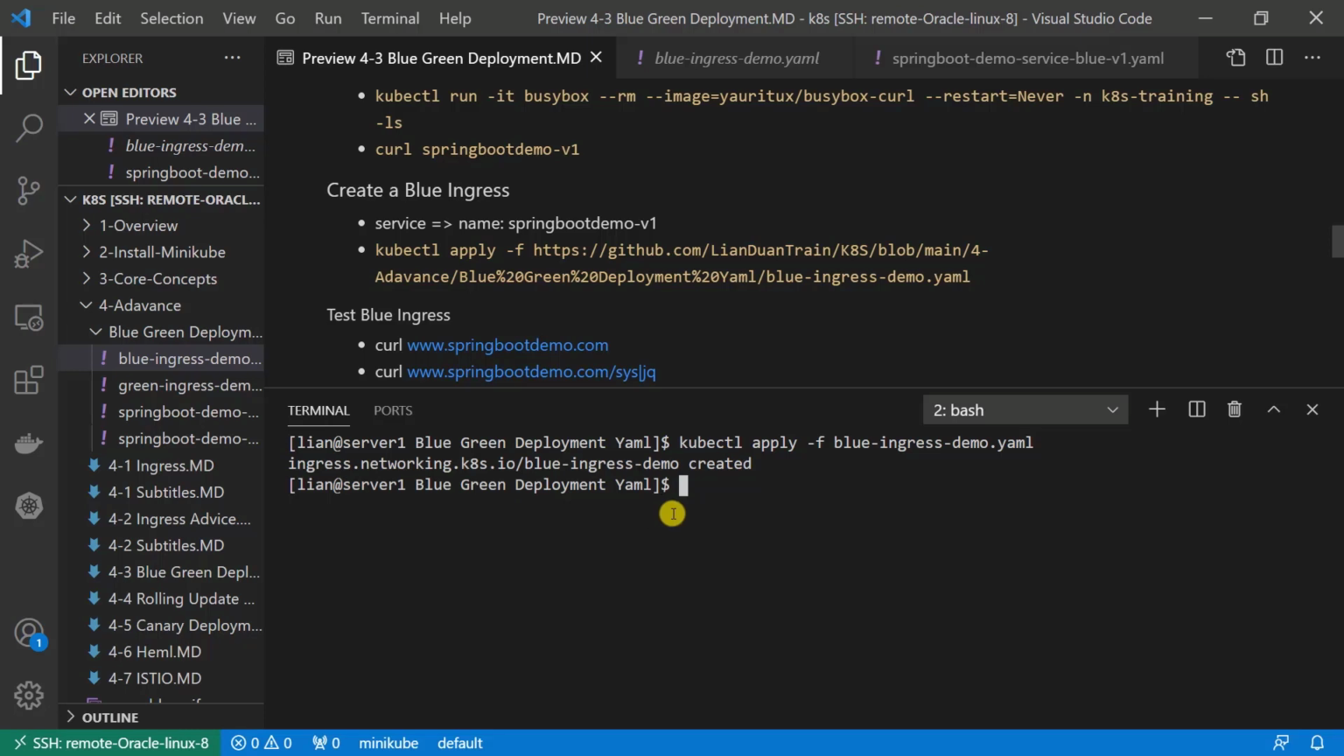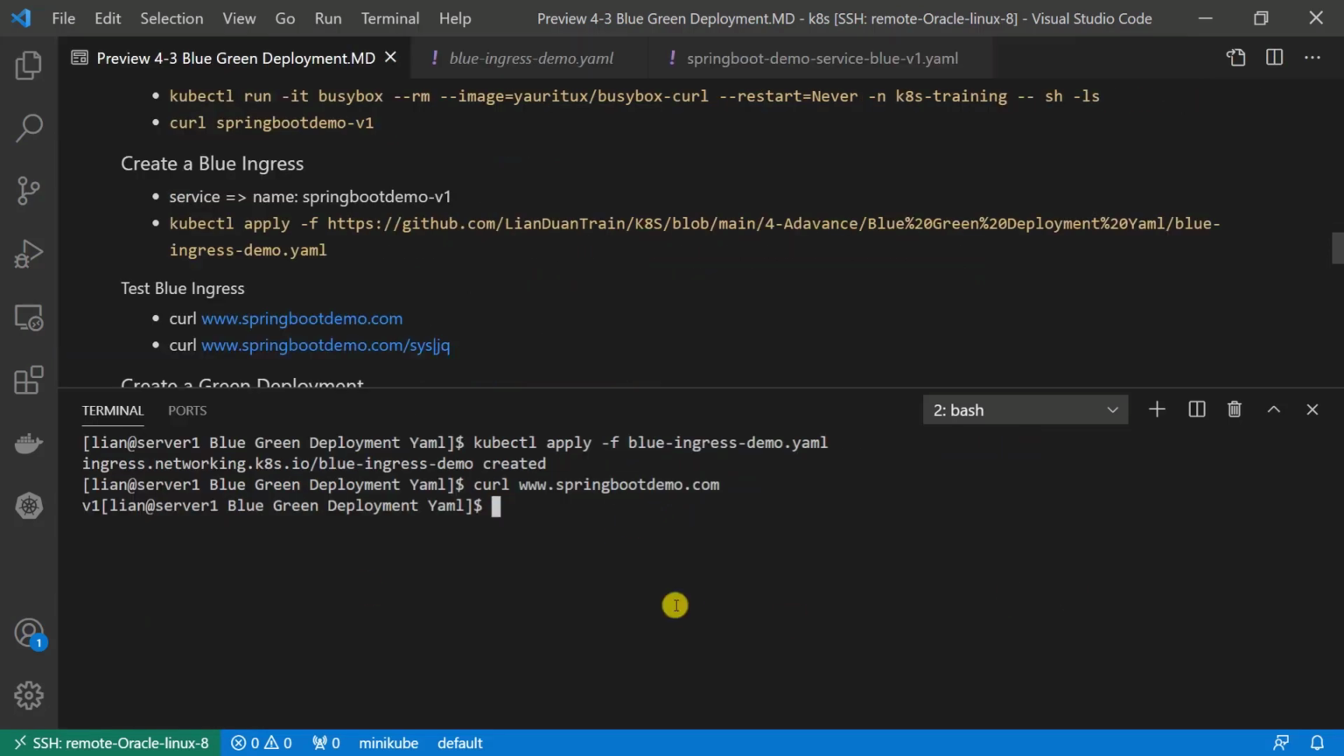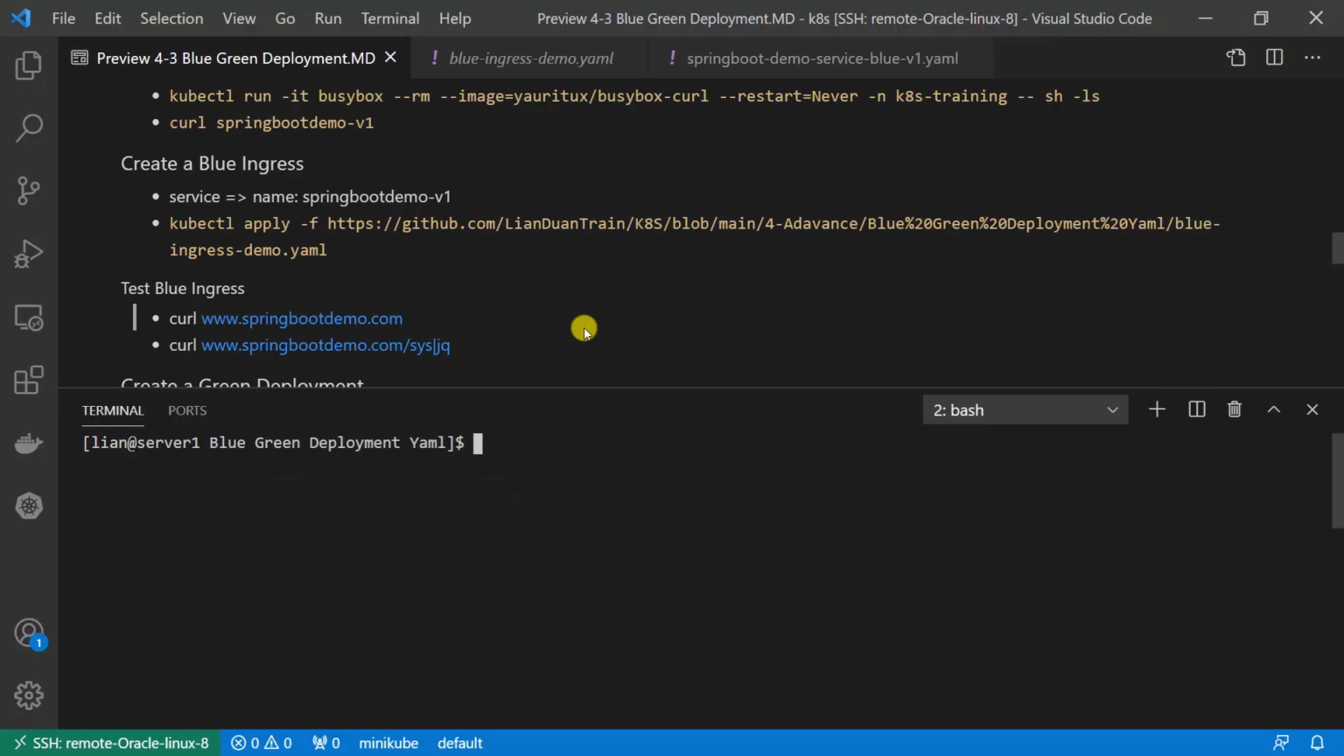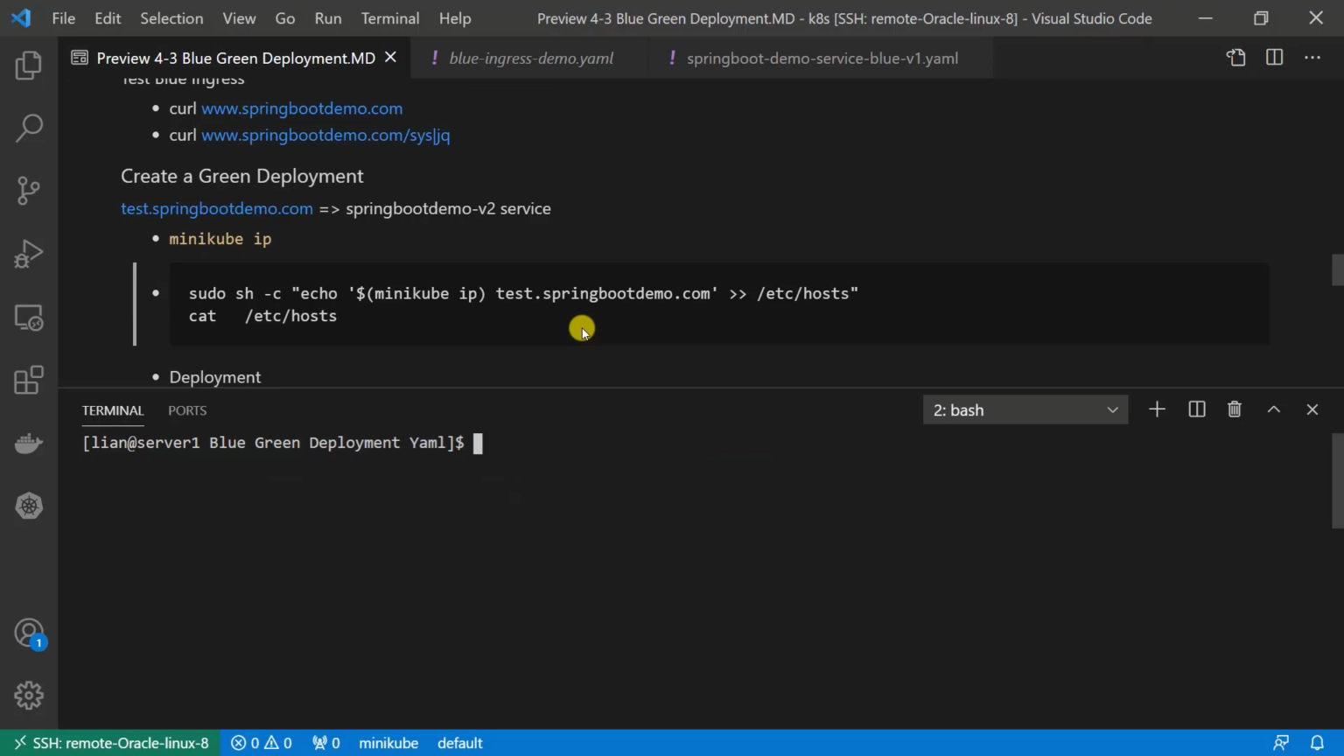Ingress created successfully. Use curl to access the test domain name and retrieve the correct app version information, v1. That means the Ingress object is working successfully. We completed the blue deployments. Next piece, upgrade the Spring Boot demo from v1 to v2, and then create a green deployment resource for Spring Boot